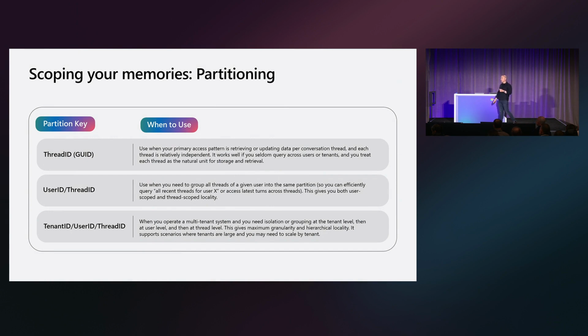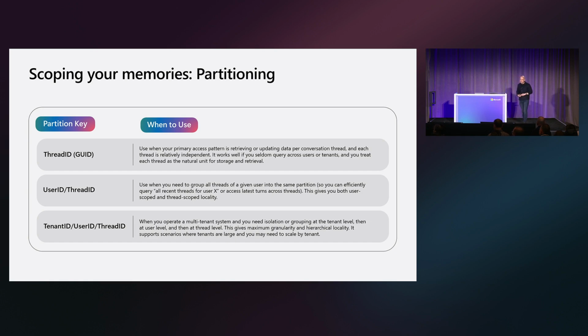In Cosmos DB, we automatically shard your data. You basically give us a partition key, so it's a hint for how Cosmos DB should partition your data. And there's multiple different ways of doing this. There's generally 3 recommendations for how you choose a partition key for your agentic memories. You can start off by having a thread ID. So you can imagine a thread is like a session, like a chat session, say with ChatGPT. And you can have a unique GUID for that session, so you can keep all that data in that logical